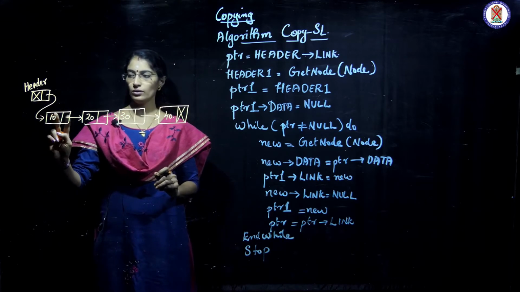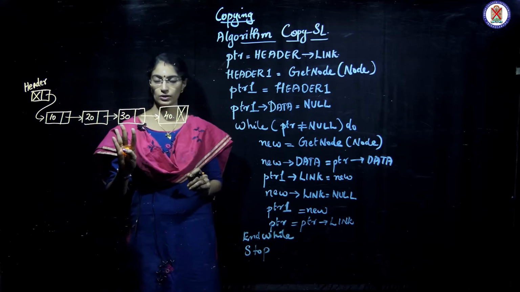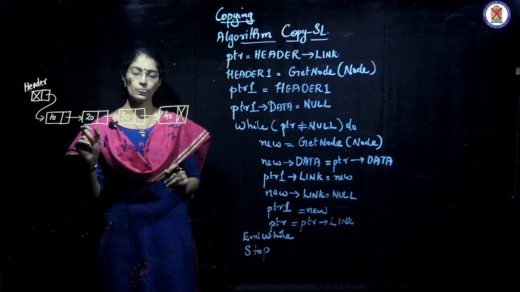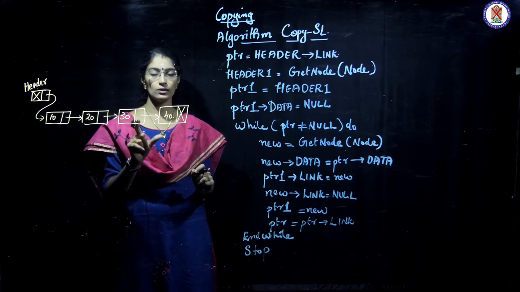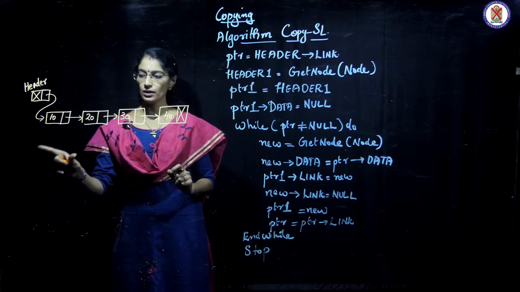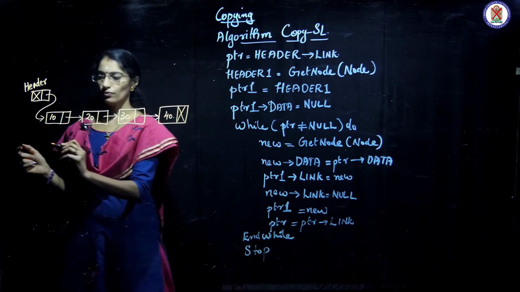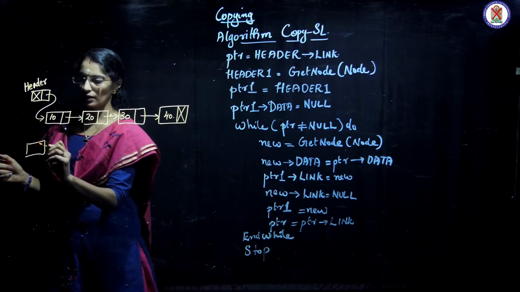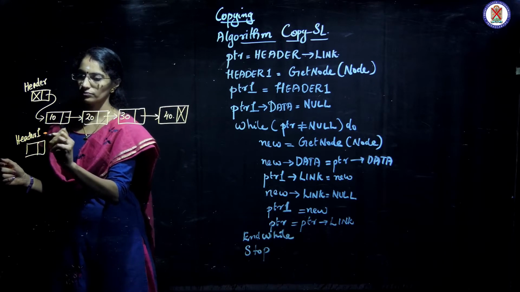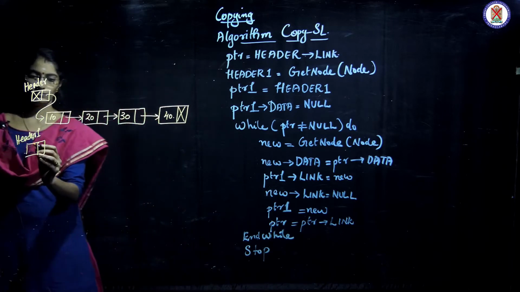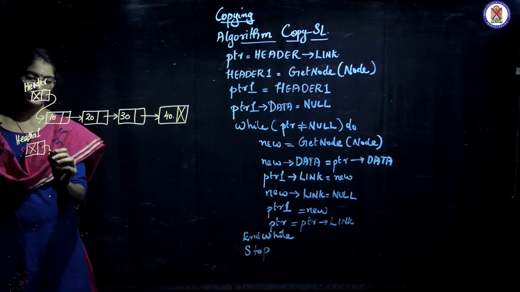Here we have an example of a header node, and 10, 20, 30, 40 are 4 numbers and we have 4 nodes. We should mainly use the get node algorithm, and then we should copy each of the contents to the newly made nodes, right? So first let's take the duplicate header node as header 1. And definitely we have to make its data part null, and we will start with a